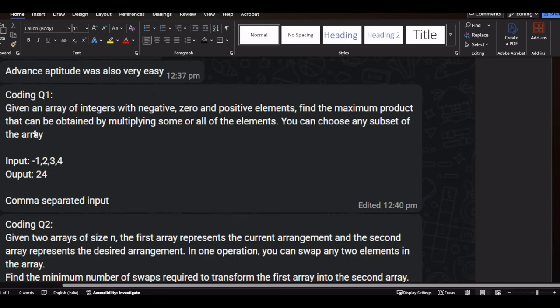elements, find the maximum product that can be obtained by multiplying some or all of the elements. You can choose any subset of the array. For example, the input is -1, 2, 3, and 4, and the output will be 24. Comma separated input was there. It's 4 multiplied by 3 multiplied by 2, which is the maximum product we can get from this array. I think this question was easy, and if you know the logic, which is also easy, you can pass the test